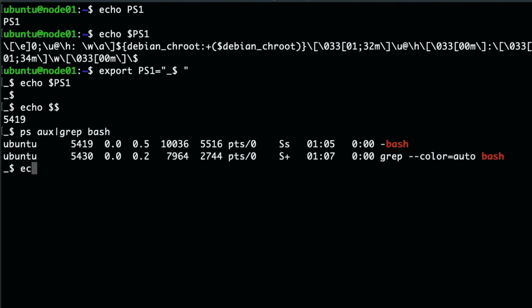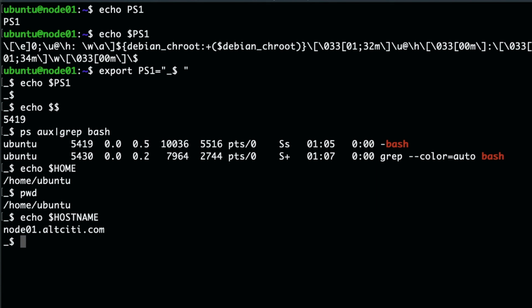We can echo $HOME, of course, with space. So /home/ubuntu, that's my home directory. Actually, we have pwd command to see my current directory. So I'm in my home. And another one is $HOSTNAME.